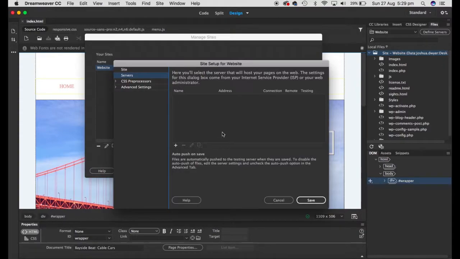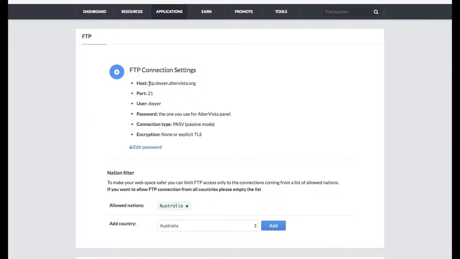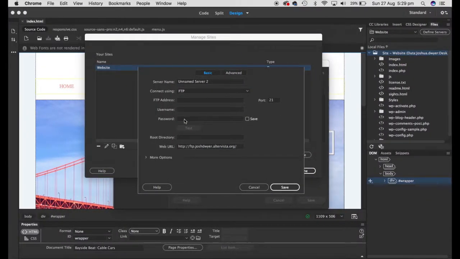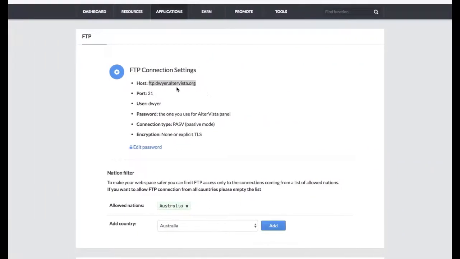Now, typically, if you've not done this before, you won't have any server settings set up. And that's what we're going to do. We're going to say, create a new server. Now we start putting in our server details. You get these directly from here. So let's start doing some copying and pasting. I'm going to start by putting password in there, username, FTP address,